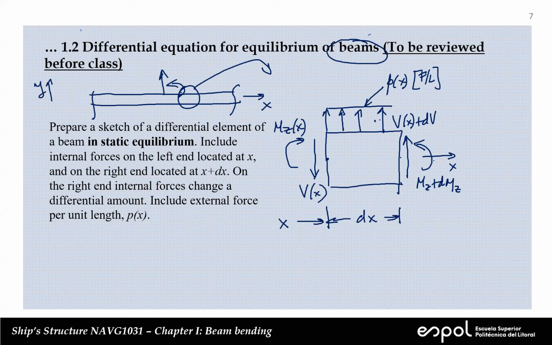Okay, and since dx is very small, we can consider that p of x from here to there doesn't change. It's basically uniform. It's a constant value. Now we can go on and say, if this element, or let me insist, this differential element, is in equilibrium,